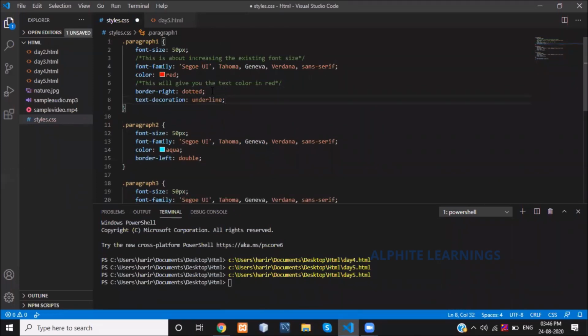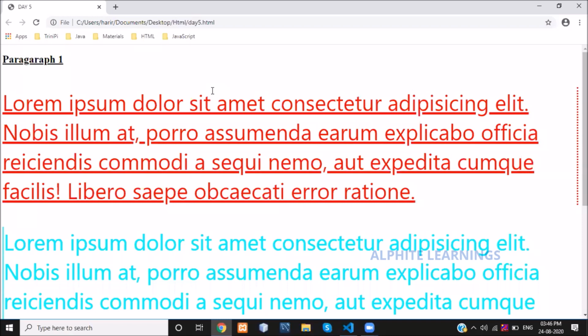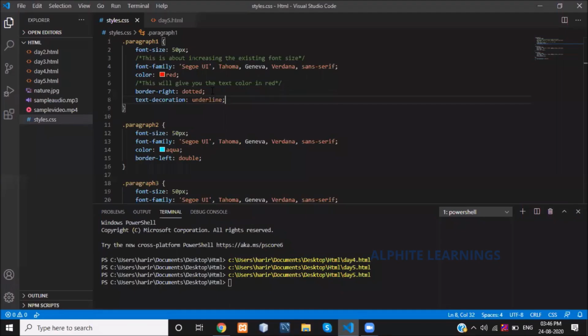Then all of paragraph 1 will be displayed underlined. This is all about text decoration, how to underline my paragraph heading or my entire paragraph.